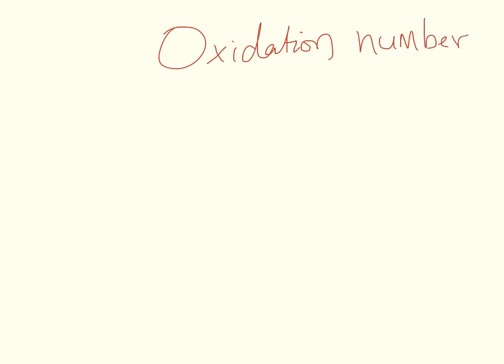The next concept we'll learn about is oxidation number. Sometimes it's also known as oxidation state. Oxidation number or oxidation state. What is oxidation number? It's the number of electrons that are involved in a reaction, or that are involved when